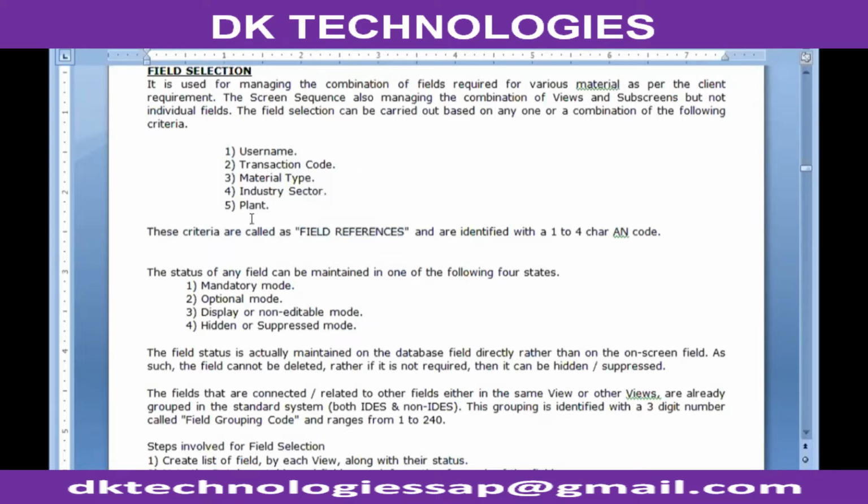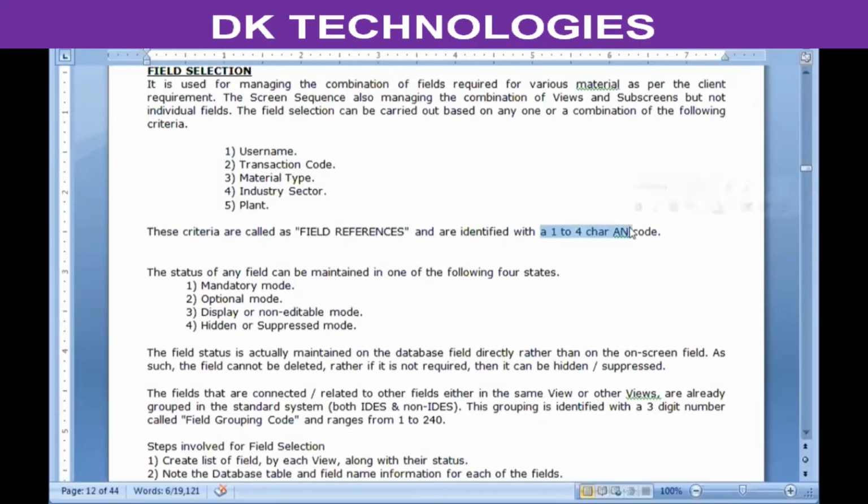So for field selection, they're called field references, and they are also identified with a 1 to 4 character alphanumeric code. Now, the status of any field can be maintained in one of the 4 modes or 4 states: mandatory mode, optional mode, display or non-editable mode, and hidden or suppressed.